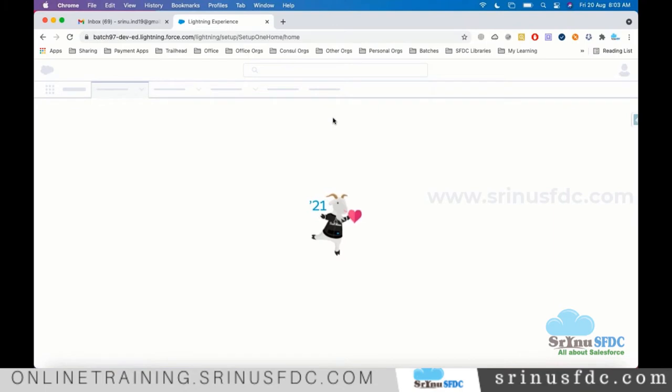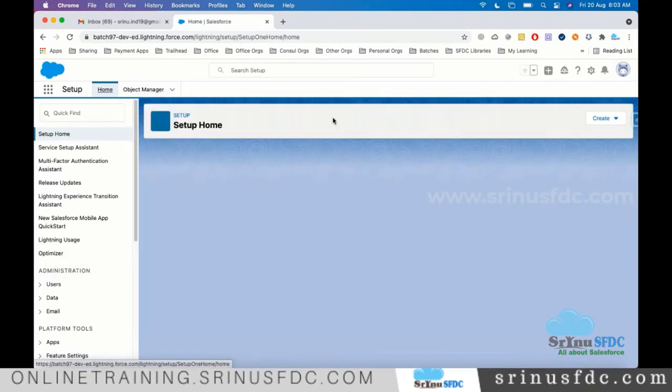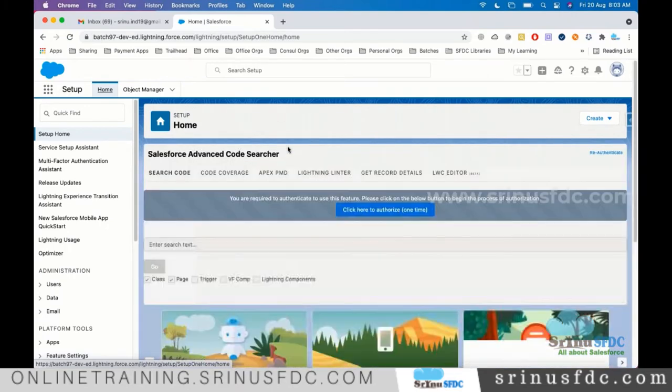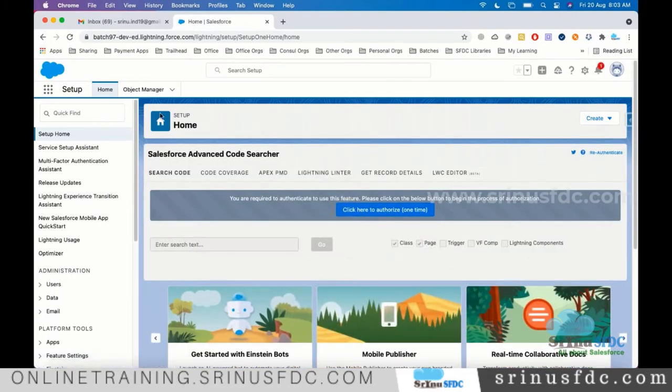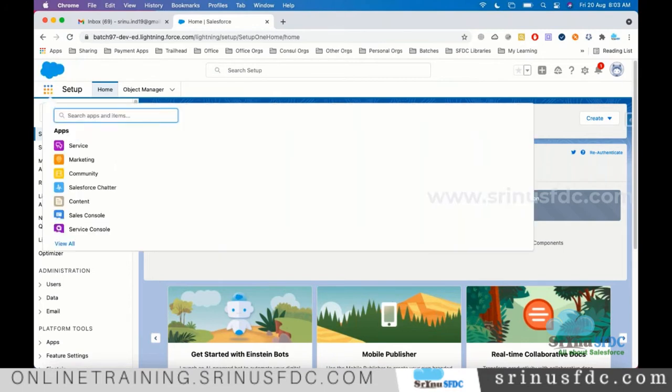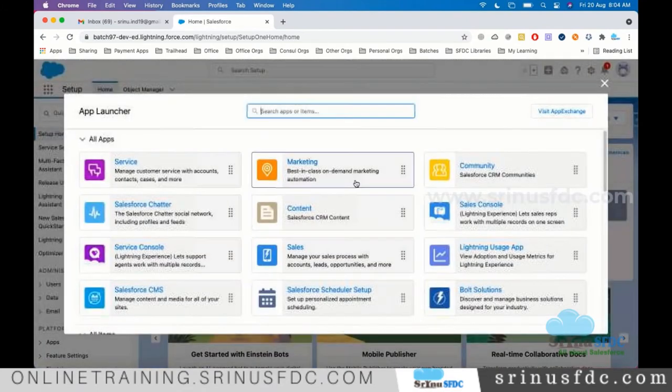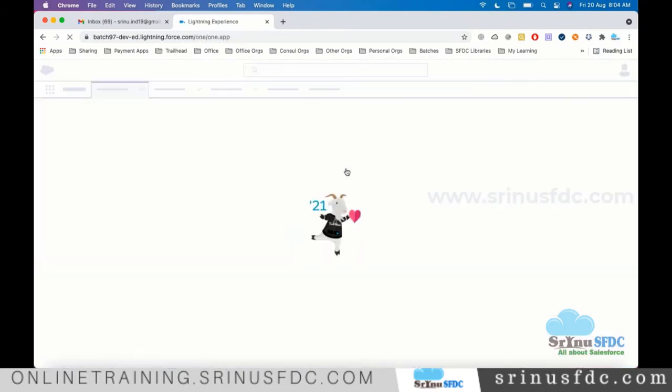Now we are assuming that this is the Dell company production, and the users in this organization are exploring the standard applications. Once we log into Salesforce, if you want to open an application, you need to click on App Launcher. This icon, these dots, we call App Launcher. Click on App Launcher, and if you want to see all the applications, click on View All. So these are the applications. At present, we are dealing with the marketing application. Choose the marketing application.